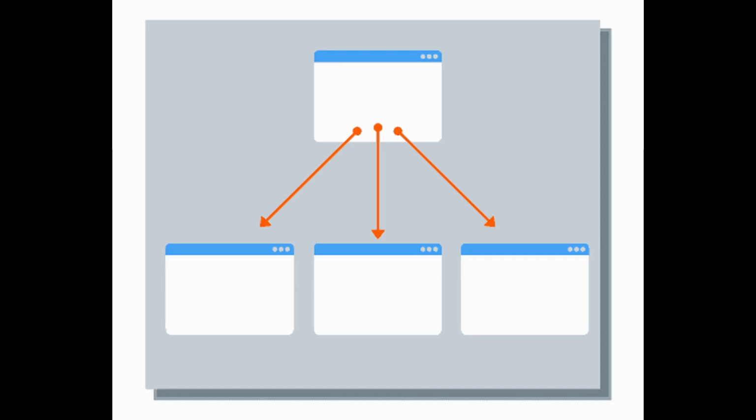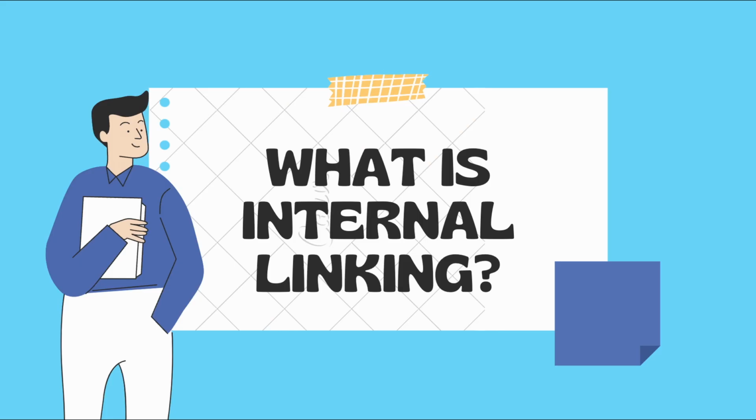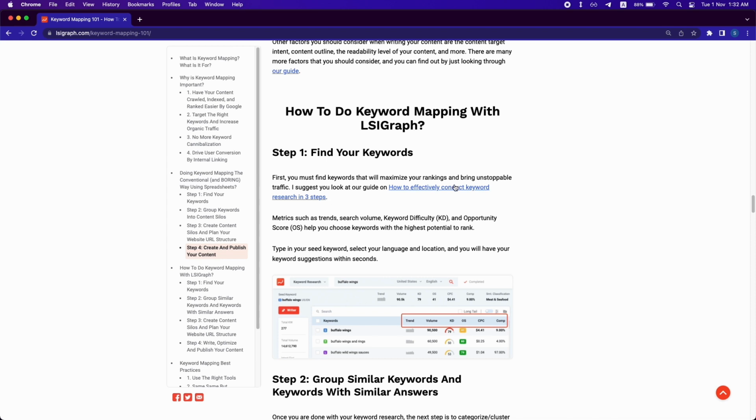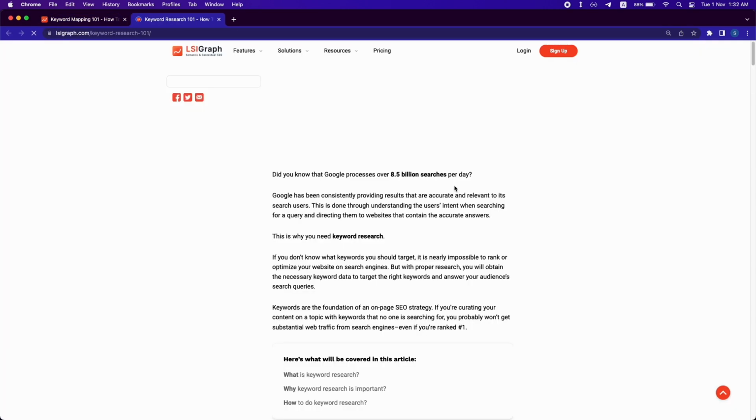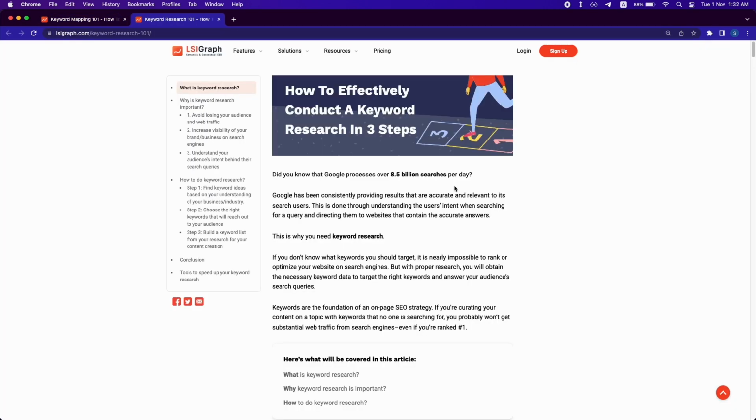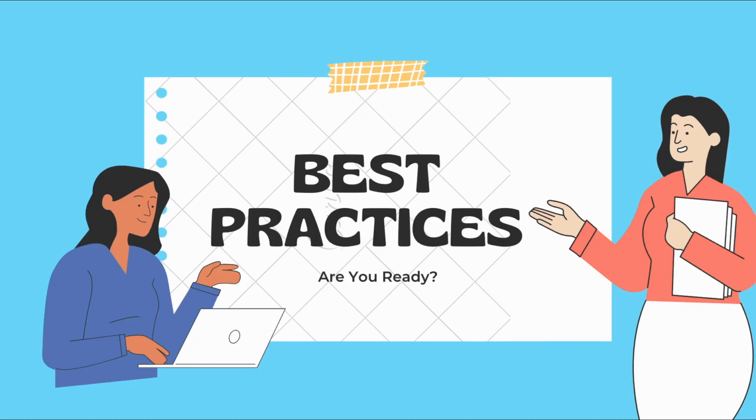Internal linking is vital in maximizing the potential of your content and website. SEOs often stress the importance of backlinks for ranking, but internal linking's role is just as important. So what is internal linking? Internal linking happens when you link one of your site's pages to another page within the same domain, usually through a hyperlink. There are various ways that you can do internal linking, but of course, to have the best results,